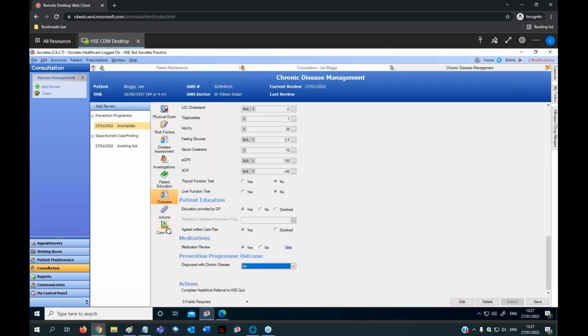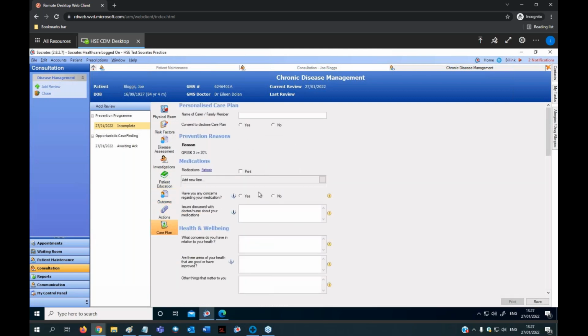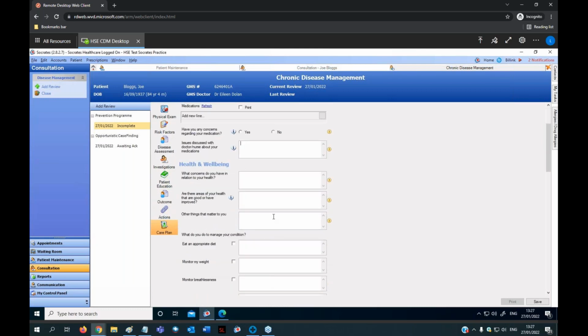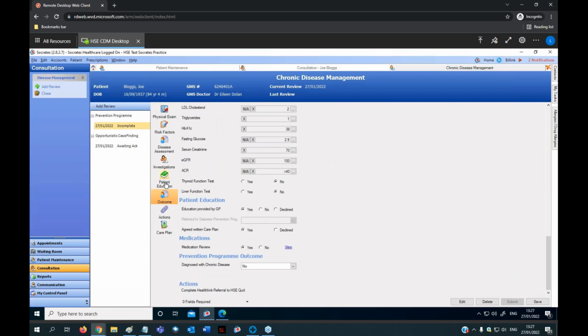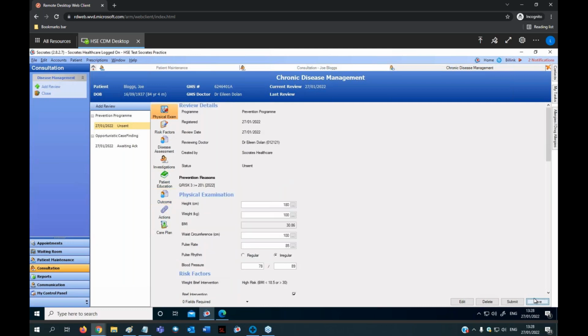and I have my care plan that I can fill in. So you fill in your care plan similar to chronic disease, and you fill it all in, and then you can save it and print it off. Not really going to go through this section because you just basically fill in the details. So I'm going to go back here, save it and send it off. Save, and I'm going to click on the submit button,